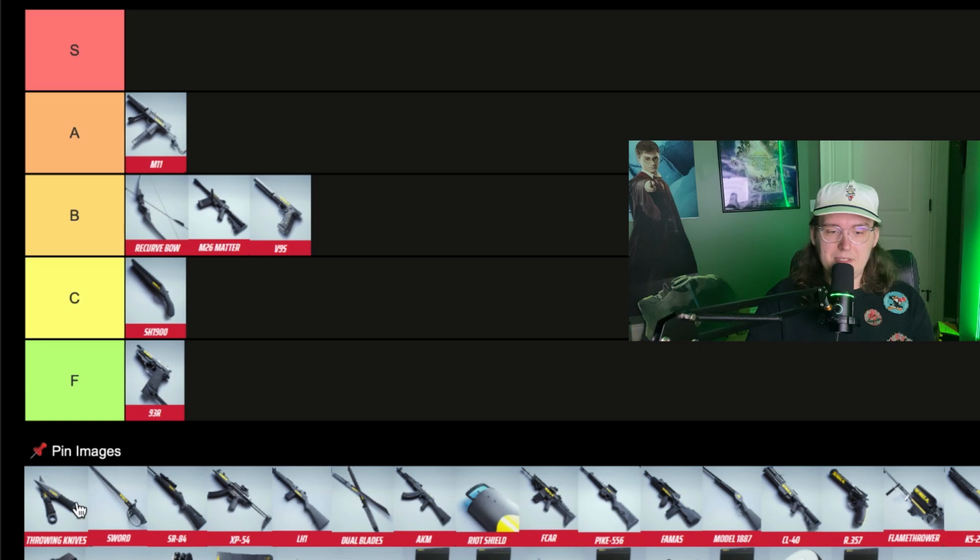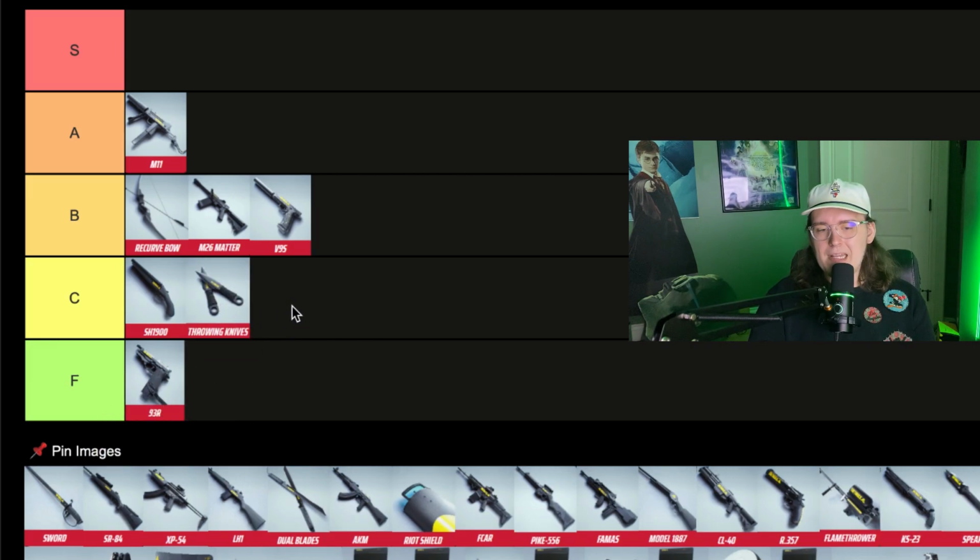Throwing knives have had a bit of a rocky history. They were really trash for the first 2 seasons, then they made them insanely busted during Season 3 launch, and then they made them insanely trash again, and then now they reworked it so you can hold the left click throw, so you can like run around just holding it and then release it, such as the new dagger rework also. But I'm not gonna lie, it did improve it definitely, but